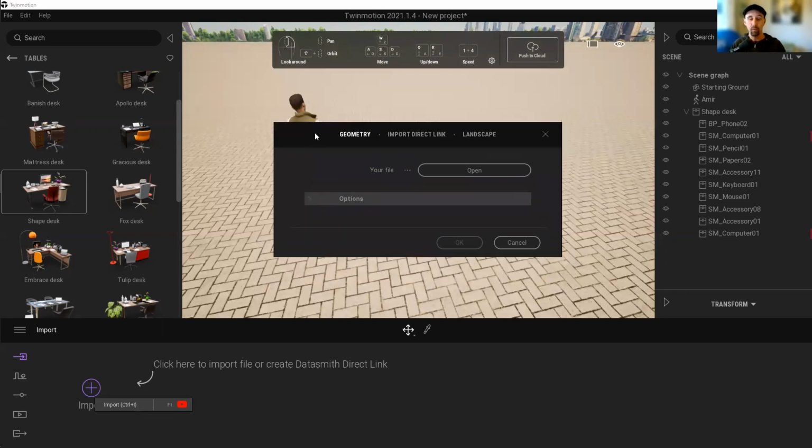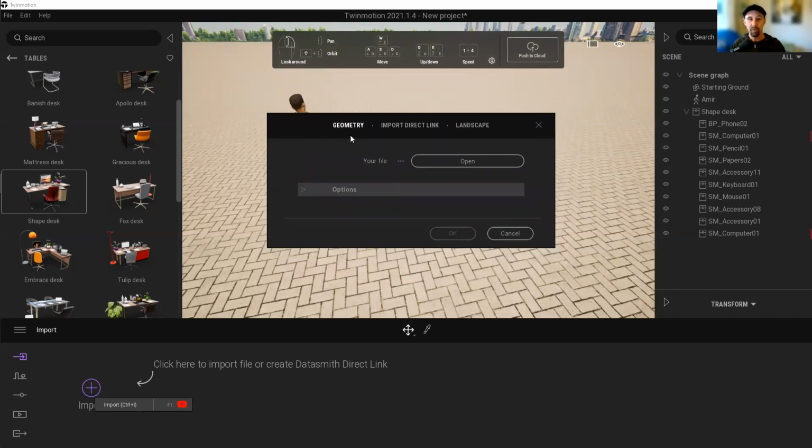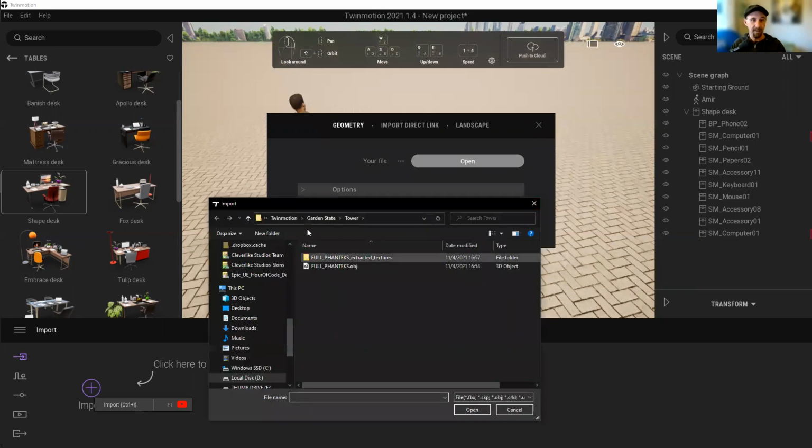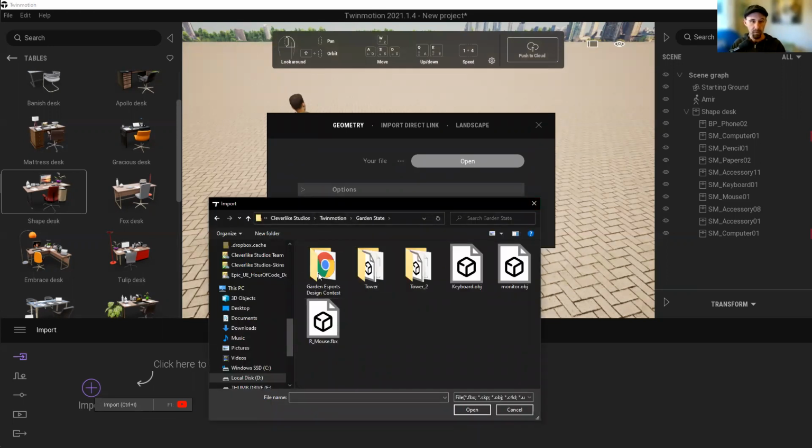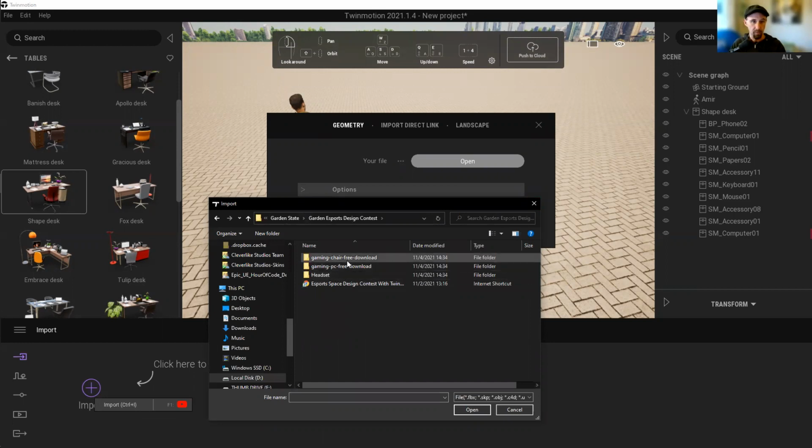So this is what we're actually going to bring in. I'm going to bring in some geometry. I'm going to say open, and then I just need to navigate to where my actual chair is. So this one right here, and I'm going to go into the source. Now, when you download these, there'll be multiple folders. The source will hold the actual FBX or the OBJ. The texture will hold specific textures. Now, I don't have to worry about the textures in this case, but sometimes you want to bring those in as well. So in this case, I'm just going to say source, go ahead and grab the chair